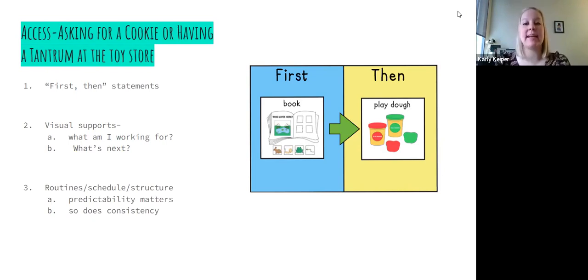So some ways that we can address this maladaptive behavior is, again, using first-then statements. We're hearing the child. We understand that there is something that you want. And sometimes you can't give them exactly what you want, but you can maybe come up with another thing that they enjoy. So at the toy store, maybe it's not a day where you can buy the toy for them, but maybe there's something at home that you can talk with them about. Like, if we can go out to the car safely, when we get home, you can watch your movie that you love. So then we're teaching, we need to leave safely.